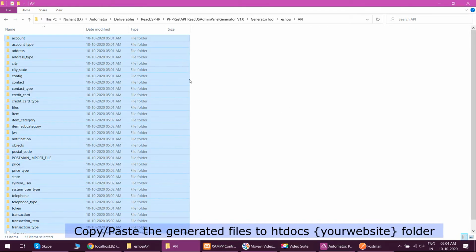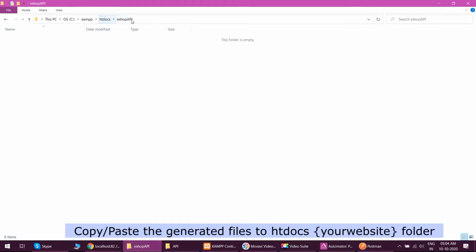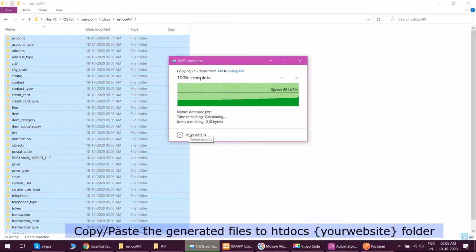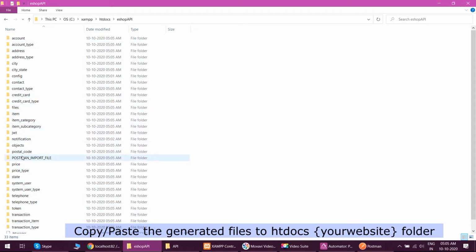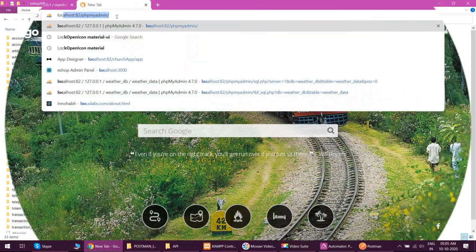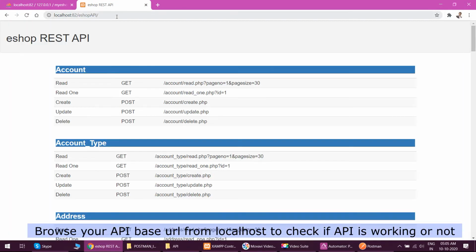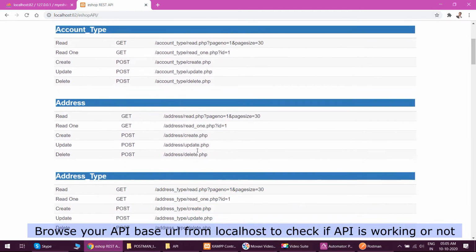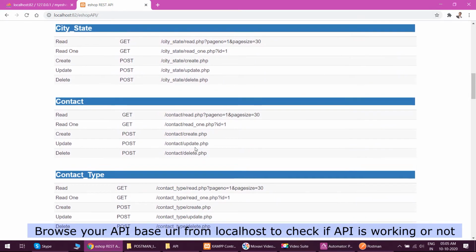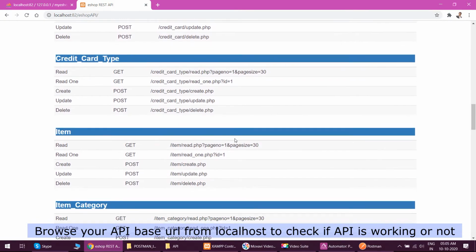I'll copy them, go to XAMPP server htdocs, where I have created a folder ESOP API, and copy and paste them there. Then I go to my localhost ESOP and I can see the front page of the REST API. That means there was no breakage of the code.